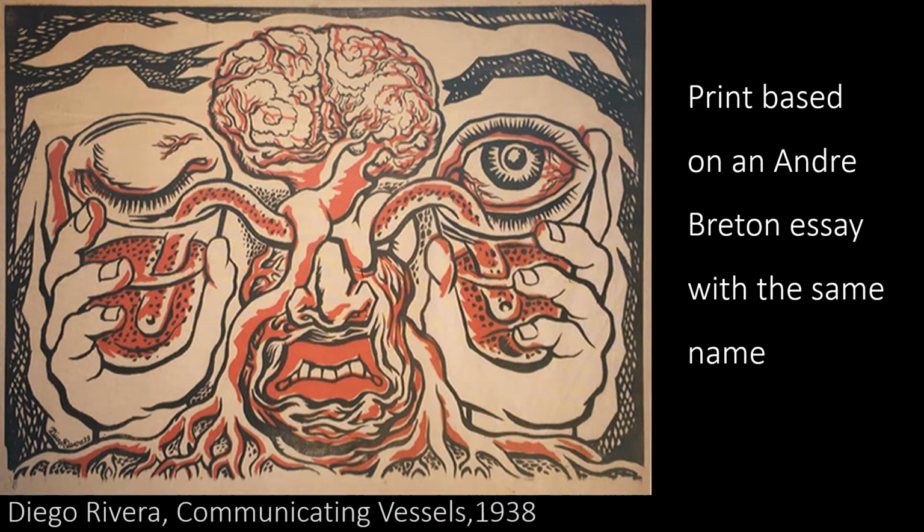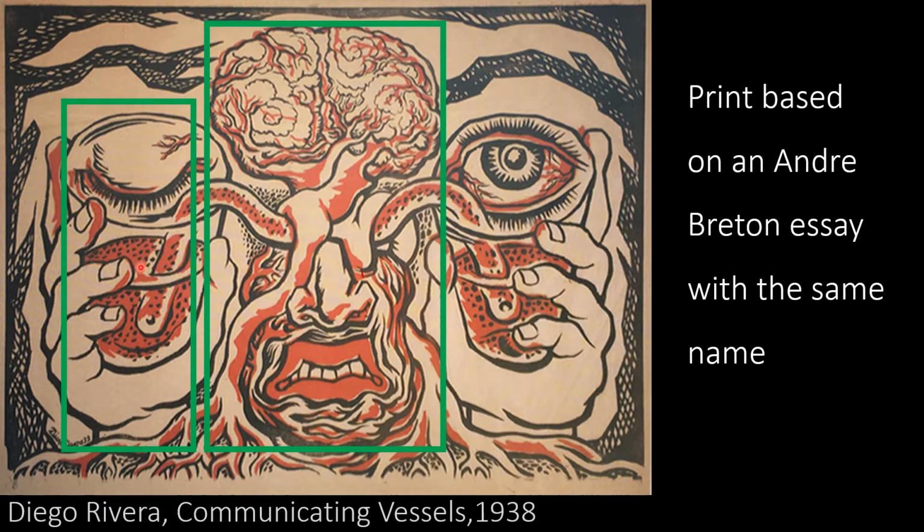We have a complex image in the middle, an exposed brain, and a grotesque face. We also have two vertical images on the sides, two glasses, one with an eye closed and the other with an eye opened. We also have a blood vessel connecting the two glasses. Look at the black dots. They're like blood cells moving through the blood vessel and going from one glass to the other and communicating.